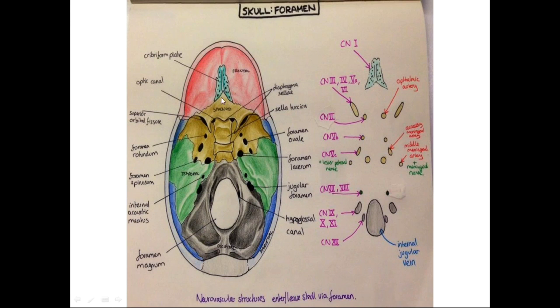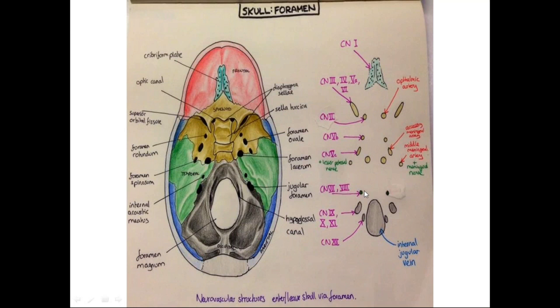Now this is the anterior cranial fossa. This is the sphenoid bone, butterfly shaped. This is your temporal bone. This is your occipital bone. These are the various foramina through which the structures pass, enter, and leave the skull. So that's all about the skull. Starting with the next part.